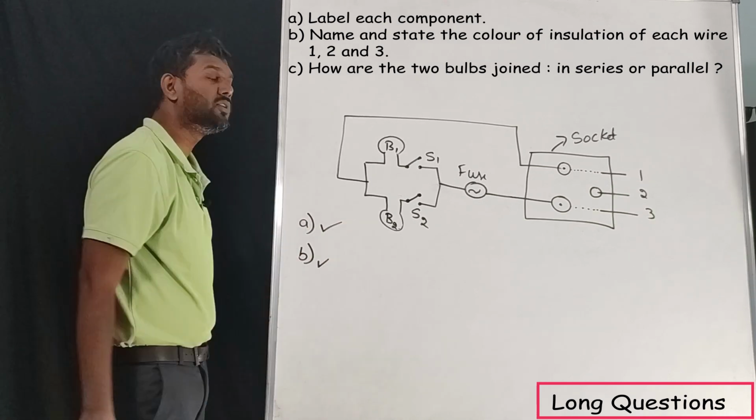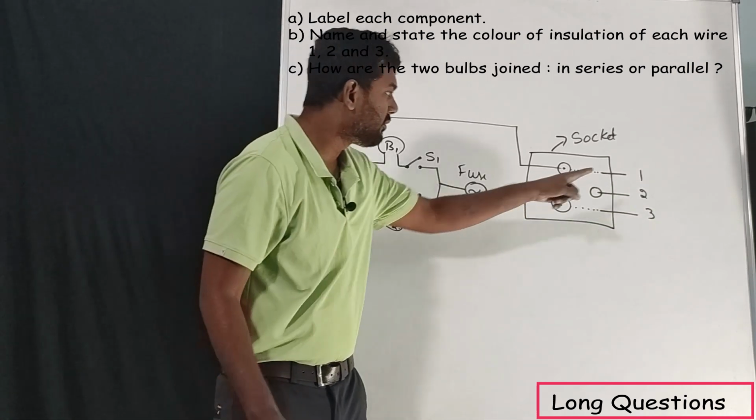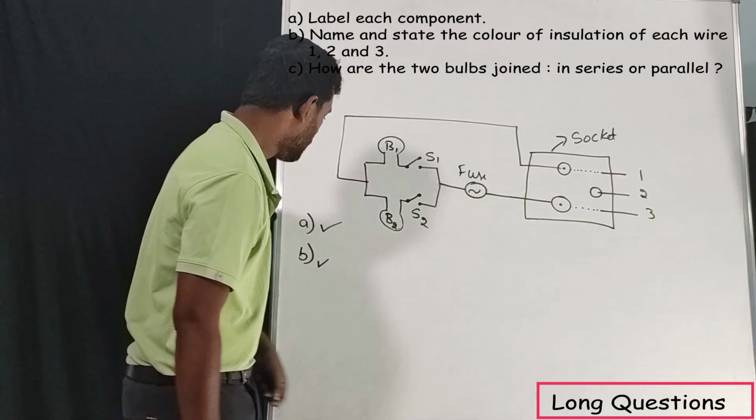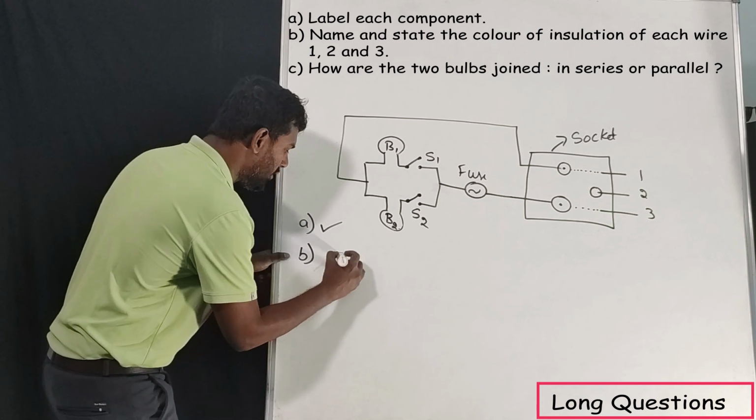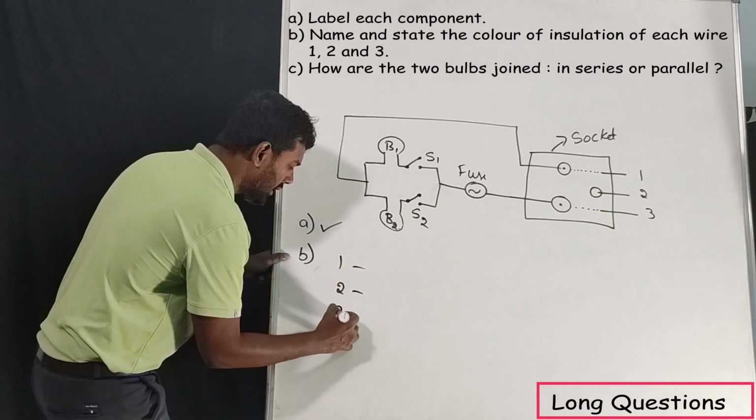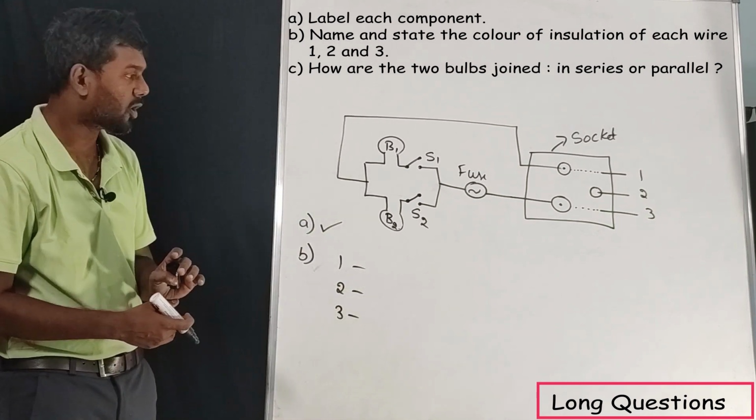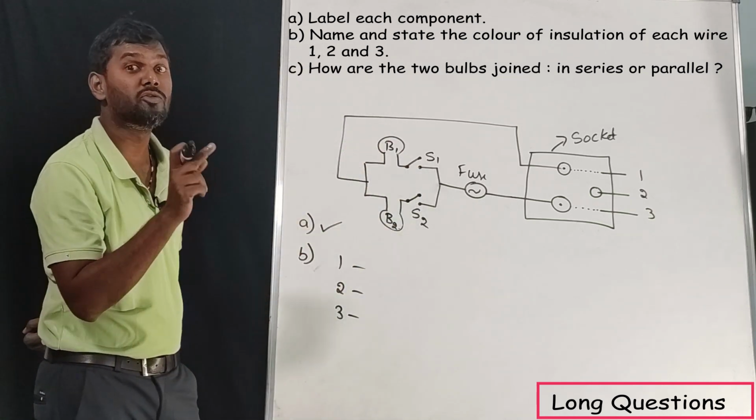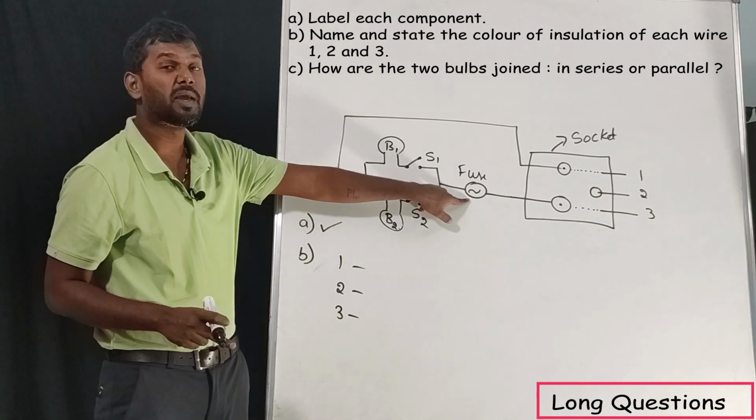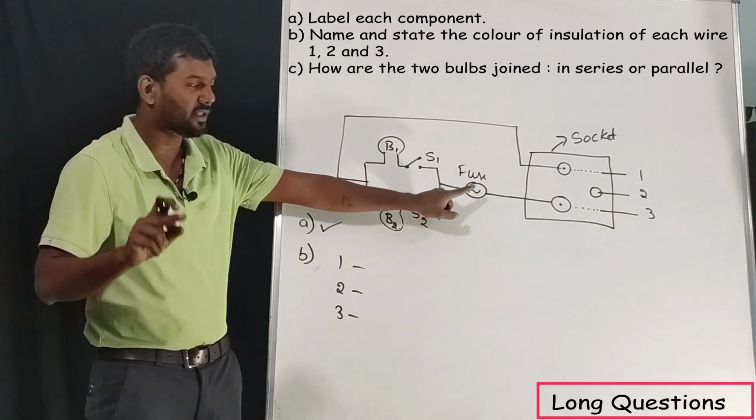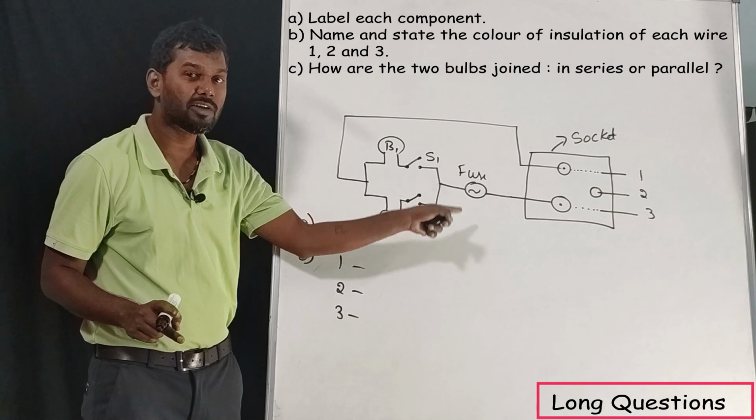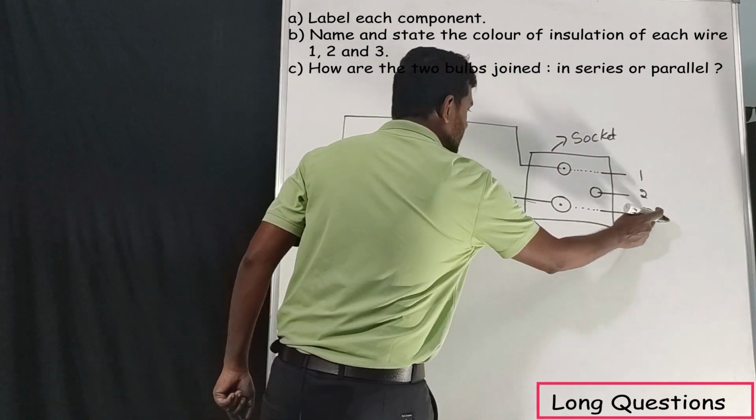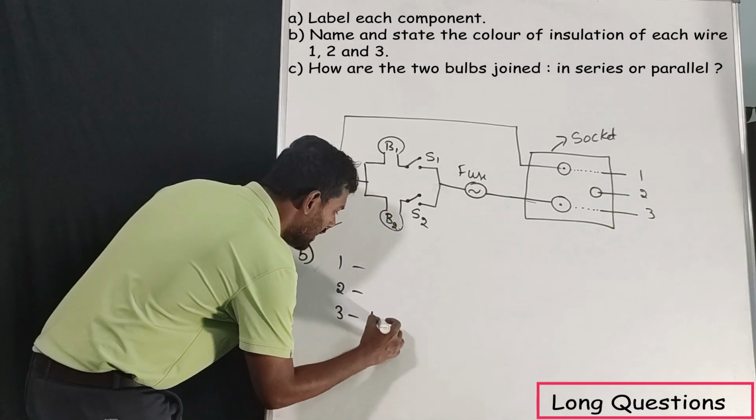Okay, next, labeling is done, then we need to color code the wires. If you want to color code the wires, we need to know which wires are which: first wire, second wire and third wire. We need to know this first. This is how you need to analyze. Fuse will always be connected to the live wire, correct? This you should know. So of these 3 connected wires, the third wire is the live wire,